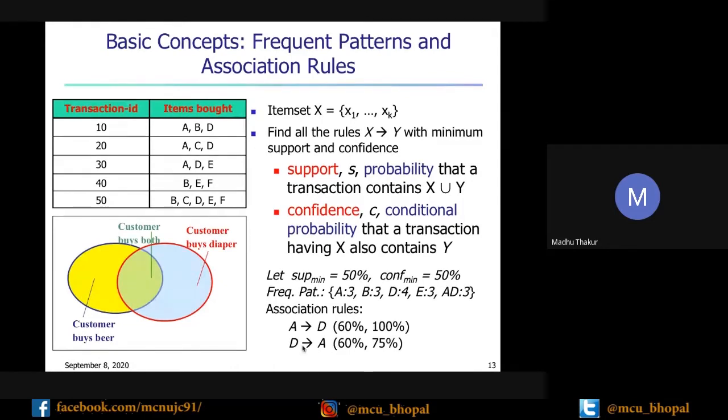As per the definition, it is the support of D union A, again 3, but now divided by support of D. You can calculate how many times D is available: 1, 2, 3, 4. So 3 by 4, if you convert it into percentage, is 75%. So this is the way of calculating the support and confidence of a particular rule.